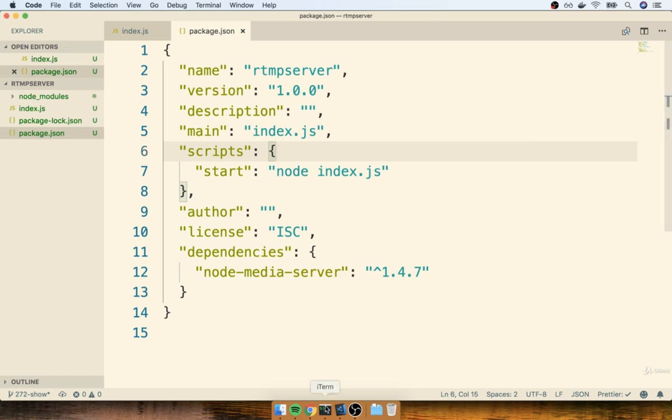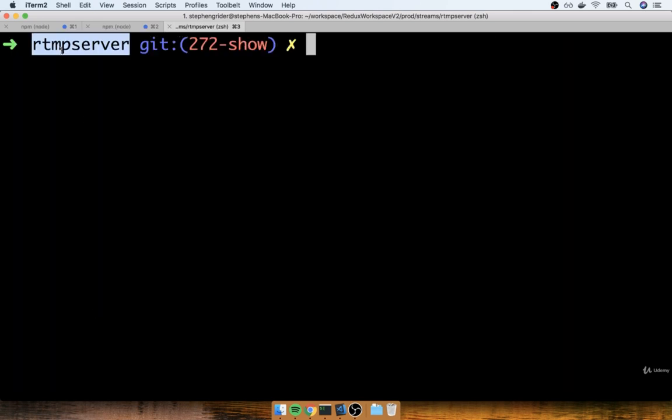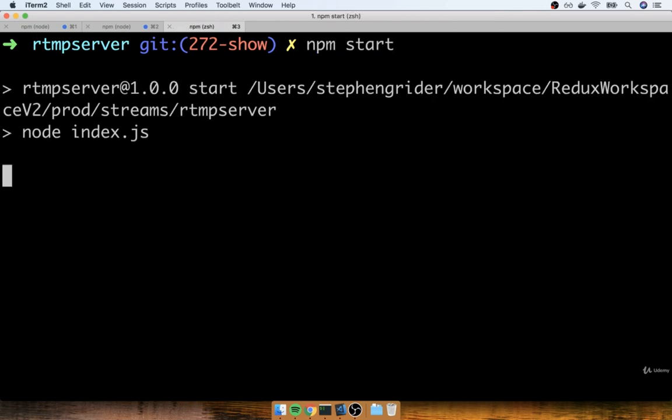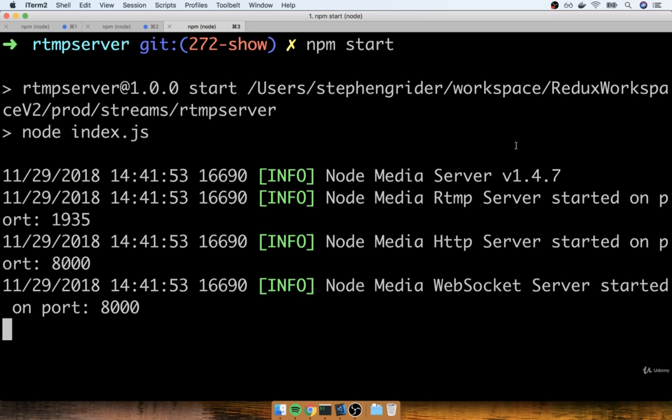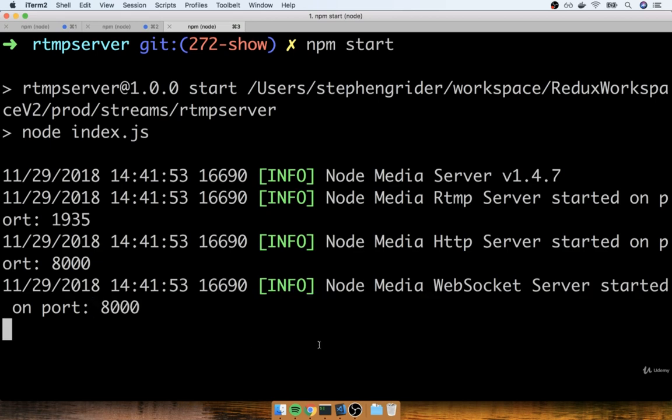So now if I flip back over to my terminal, I should see my package is finished installing, the Node Media Server package. So inside of RTMP server, I'm going to run npm start. And that's going to start up our streaming server. So I should see a message like this, Node Media Server, whatever version you are running. And then we'll see some other output in here over time. So now our server for streaming is running on port 8000. Okay, so this looks pretty good.